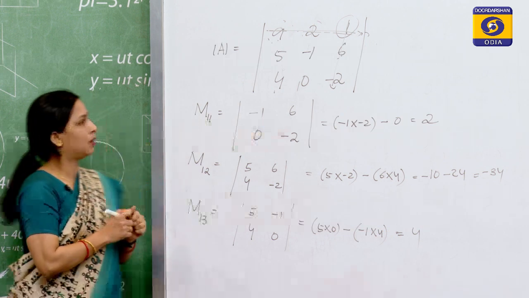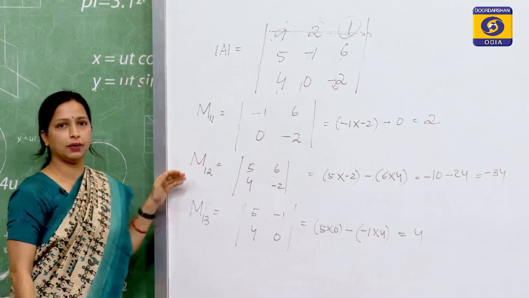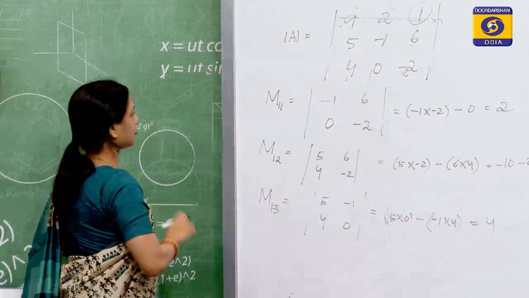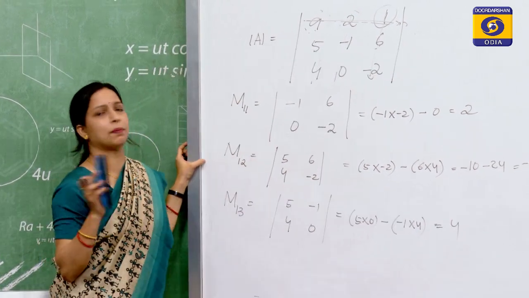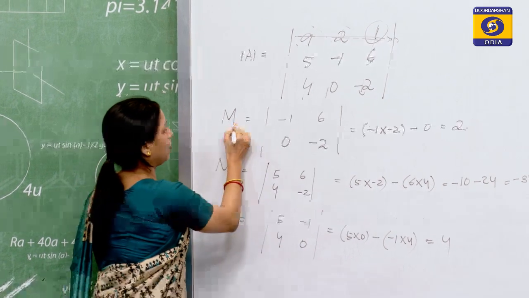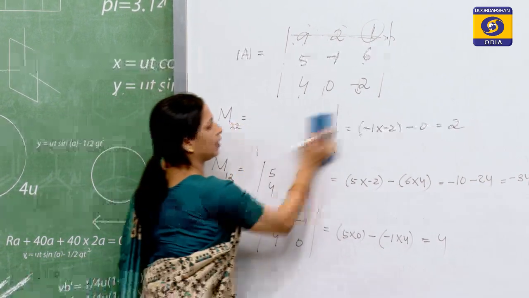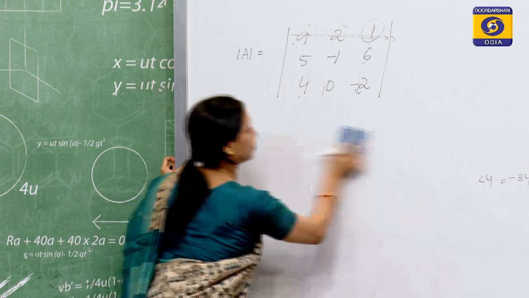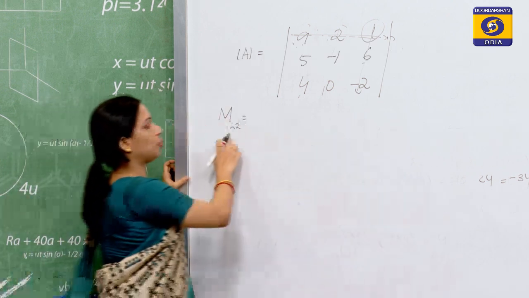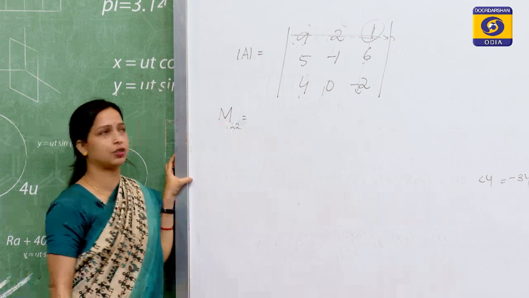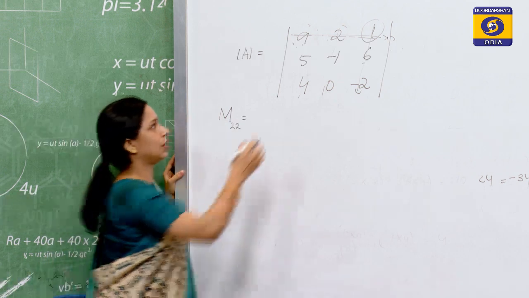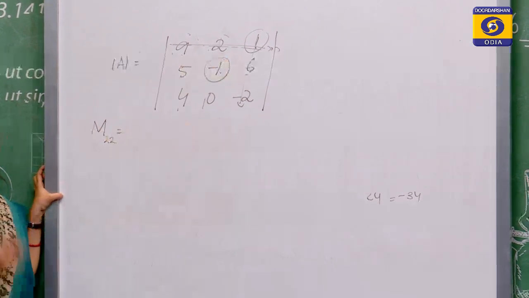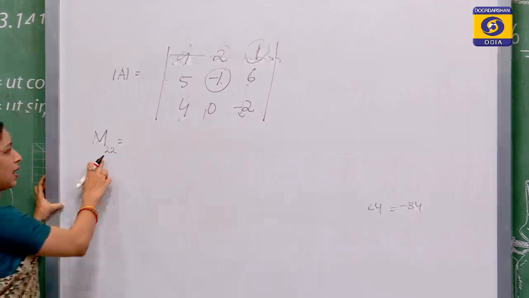Okay. Now, this is how you find out the minors of different elements. Let us take a random element. Let us say, if in the question it is given, find the minor of, let us say, M22, right. How to find out the minor of M22? Same steps you have to use. M22 means the minor of A22. Where is A22? A22 means row 2 column 2, that means here, -1. So, you have to find out the minor of A22, which is M22.